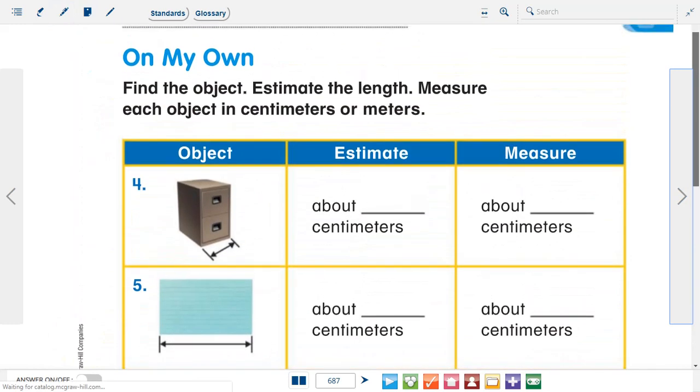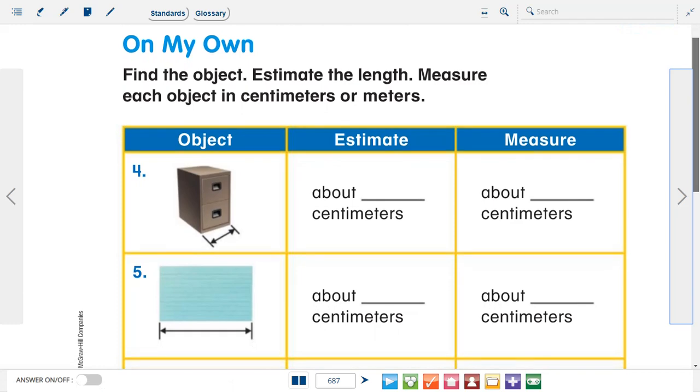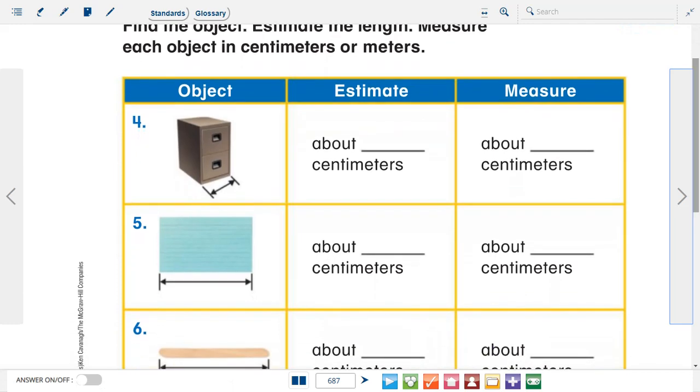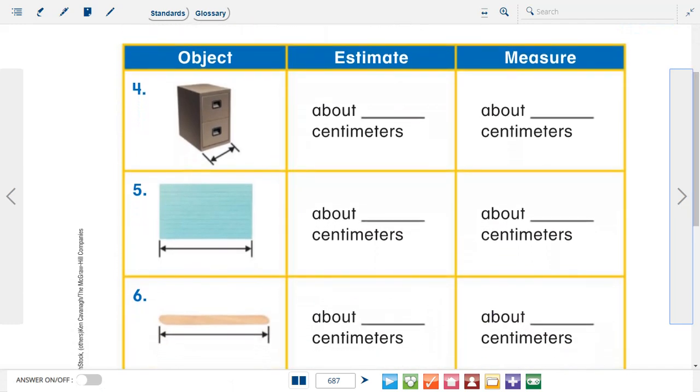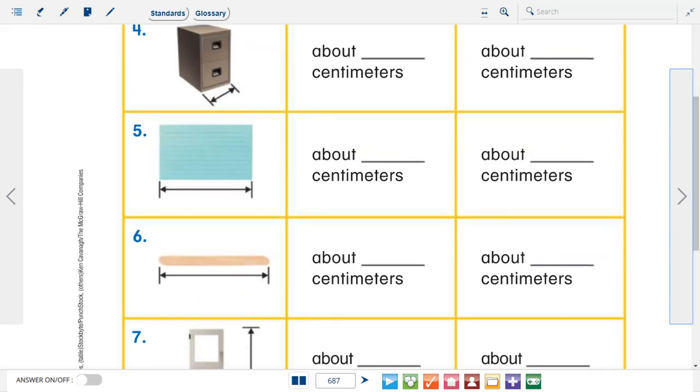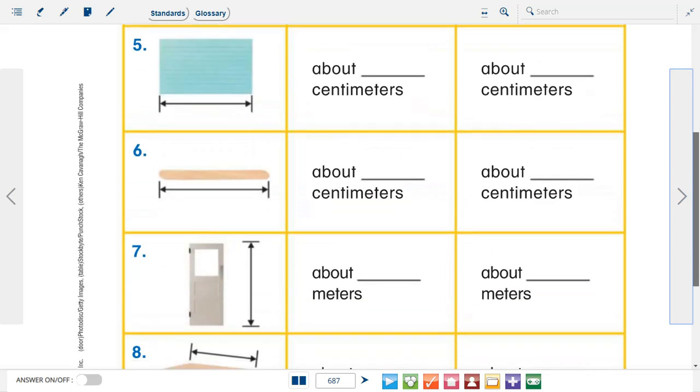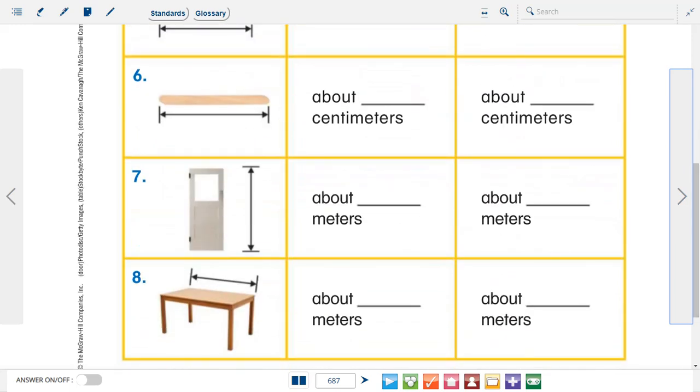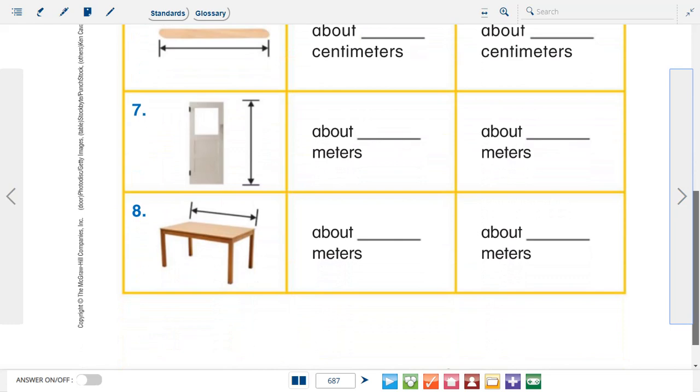Okay, now find the object, estimate the length, and measure an object in centimeters or meters, okay? So the same for this. Look for objects that look like those objects. This is a paper, this is a stick, a wooden stick. Maybe this is a door, okay? A table. Tell me about how much